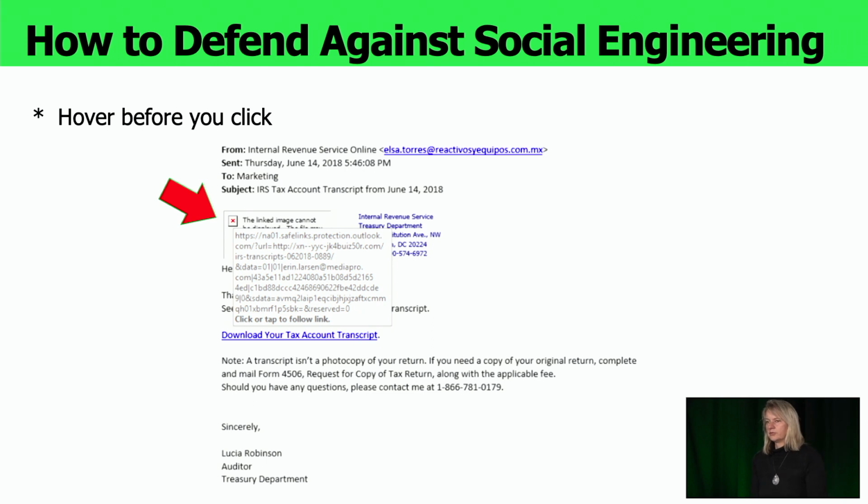Also, a good habit is, if you have some kind of links inside your email, just hover on it. Then you will see what is behind the link, because what you see might not be the real link. Behind what you see can be a very complicated link, which also tells you that you should never click on that link. So hover.